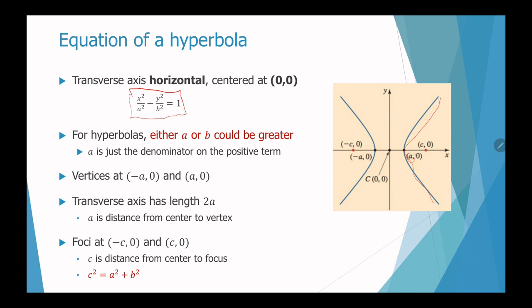It has a length of 2a. So the distance from here to here, and 2a is from here to here, right? So the transverse axis has a length of 2a. It goes all the way. The focus, we have c, and negative c, and this distance